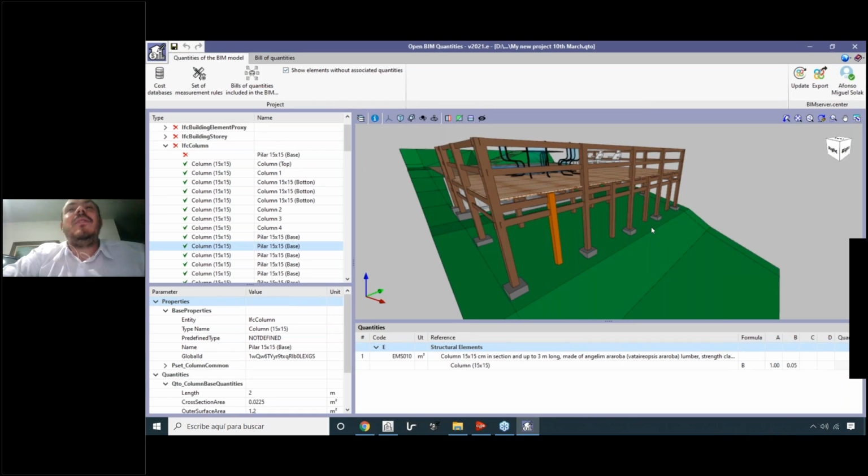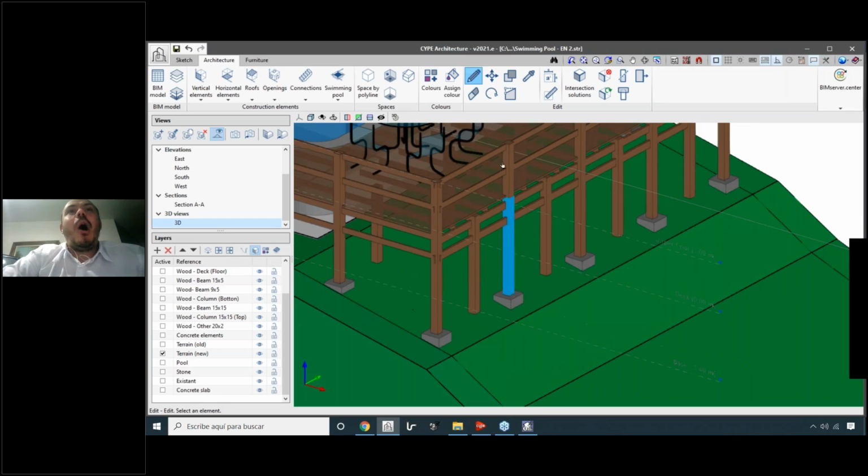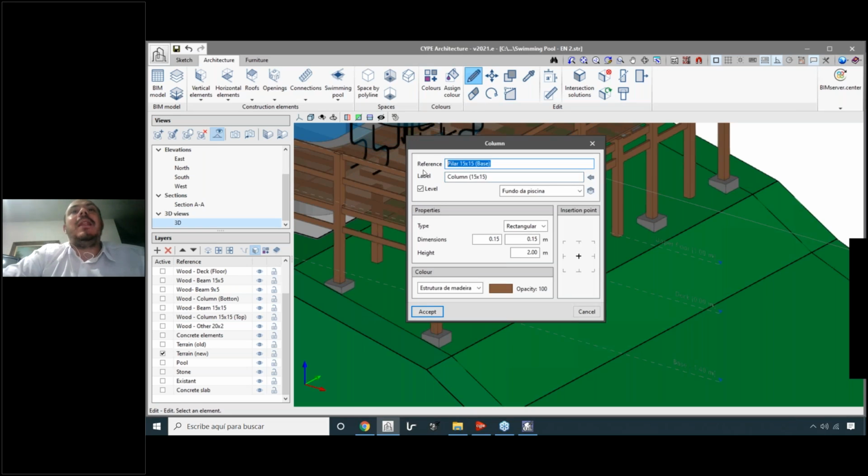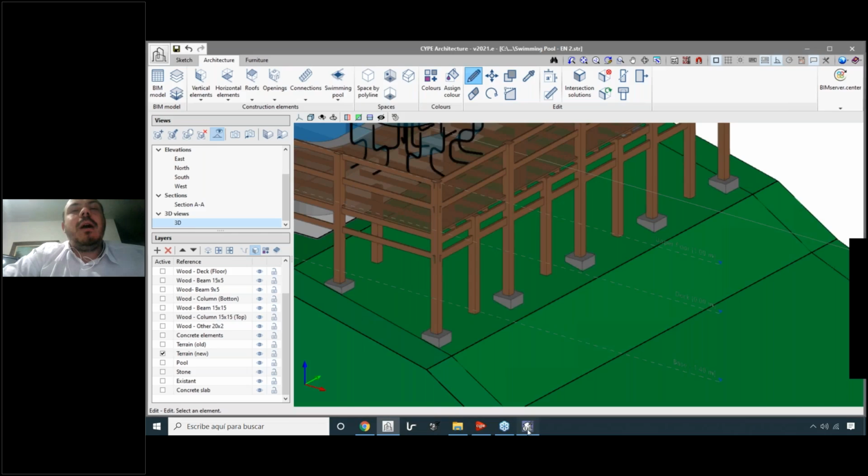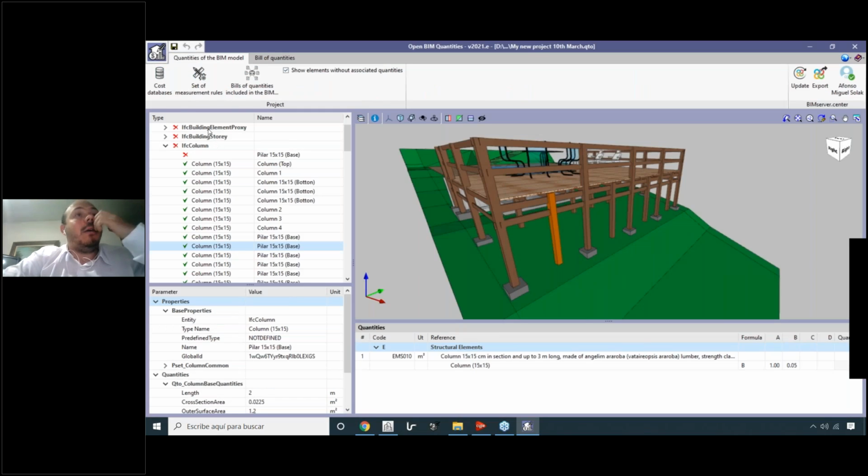That's very important because if we are organized and always use the same criteria to define the names, labels, and references of our models in our 3D modeler, and we also define the same set of measurement rules and use the same codes in our codes database,